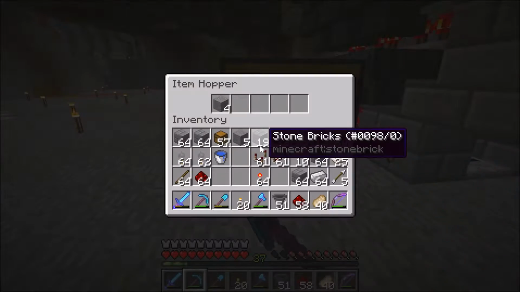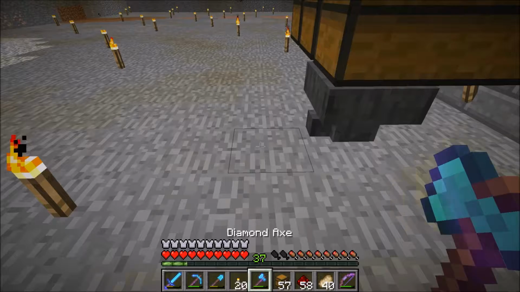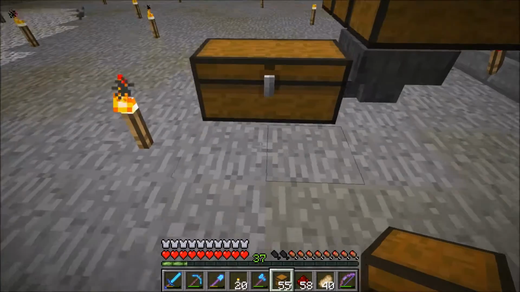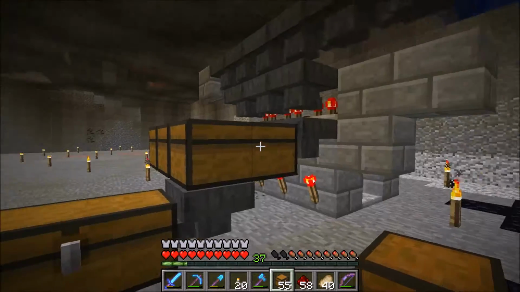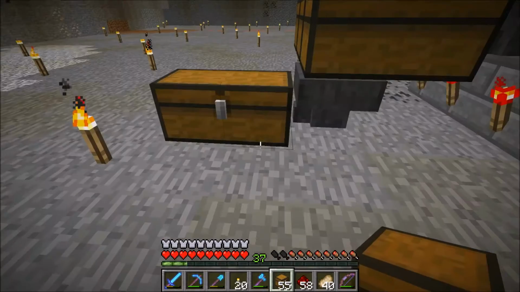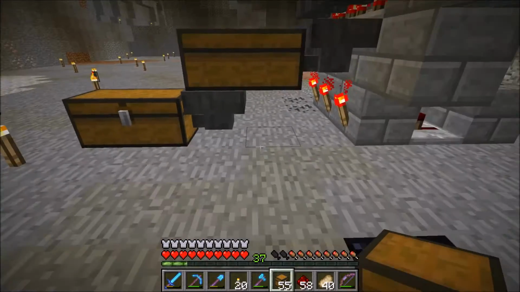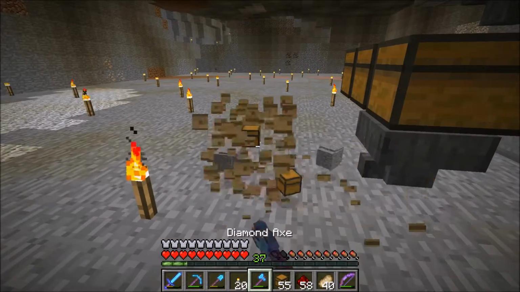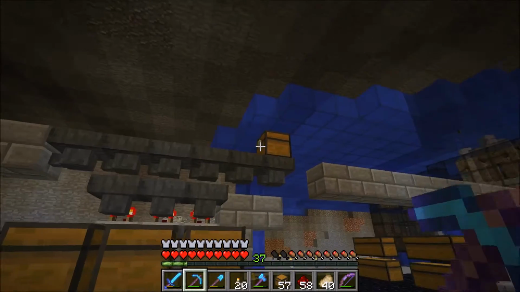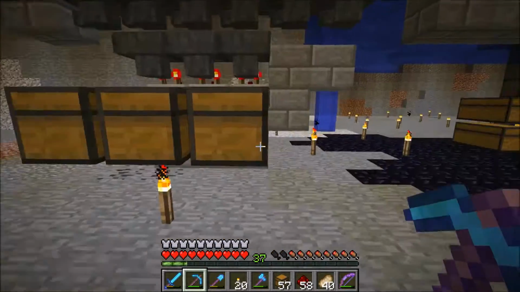So they will now flow into that hopper, and then if I put down a chest, it will flow into this chest here, and so on and so on. You can continue this staircase pattern, or you can even turn it around and have the hopper facing that way to make it a little bit more compact this way. But that's just the plan for right now, is to get this whole thing set up, and then I can